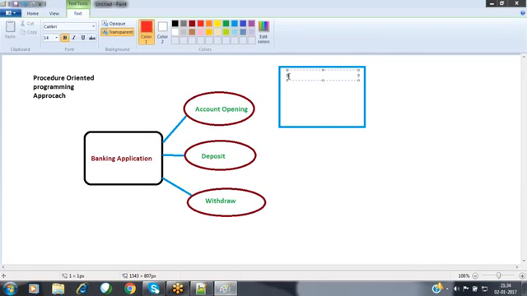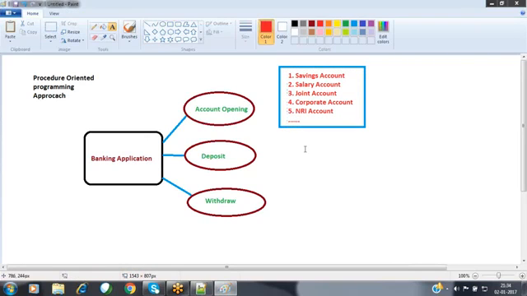The customer can open a savings account, a salary account, a joint account, a corporate account, an NRI account, etc. Whatever the account types that you are offering, the user can select each and every account type here.